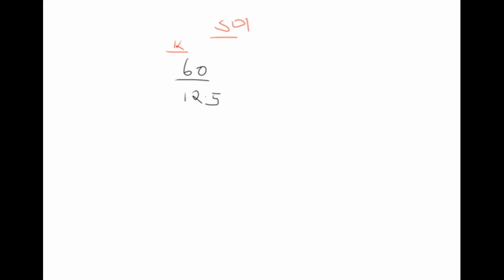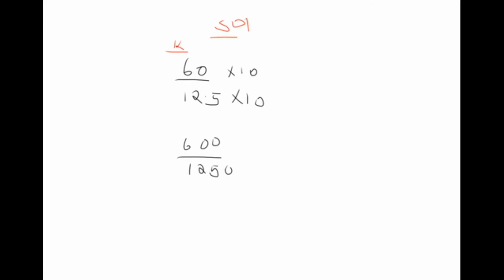Now let us remove this decimal by multiplying by 10, and here we multiply by 10. Remember, what we do to the denominator, do it to the numerator. So we have 12.5 times 10, 60 times 10. We have 600 over